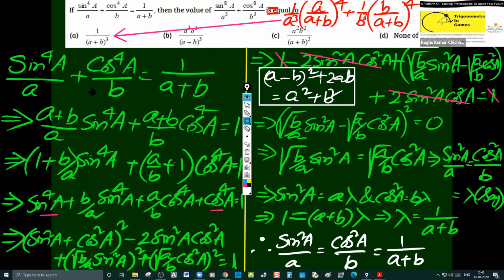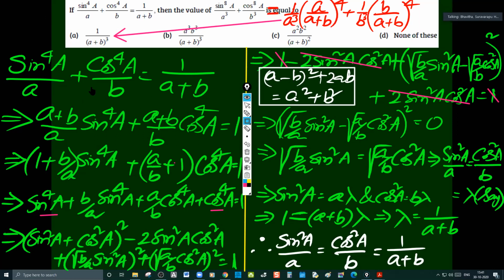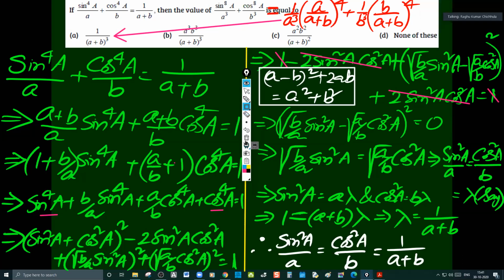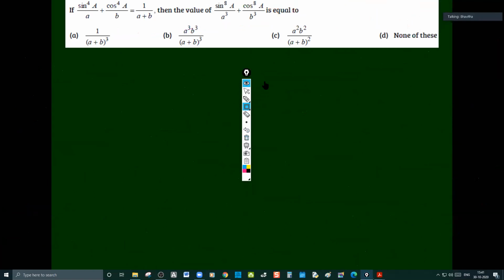Is it clear or not? Clear, sir. It is not me explaining this and you listening to this, but you have to do it on your own by the next class without seeing the solution. I'll check your notebook. You have to do this. If you want, you can take a screenshot of it. This type of problem, because it is lengthy, take the screenshot and store it in a proper folder. All right, sir.